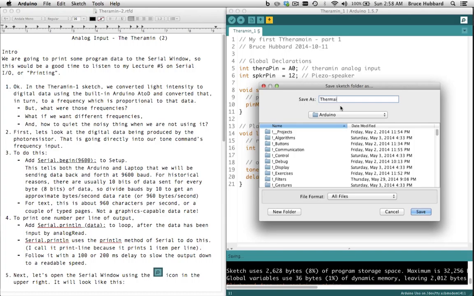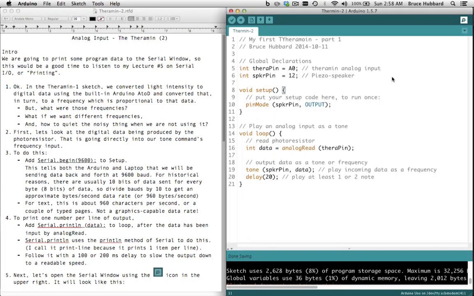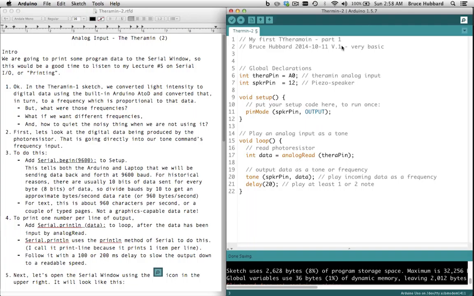Theremin-2, Arduino, save. Okay, up here at the top, I didn't put a version for version 1, but I'm going to put version 1, very basic. It should have been V 1.0. And then I'm going to steal that line,